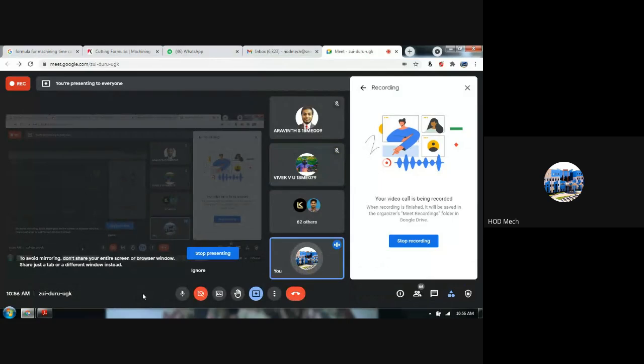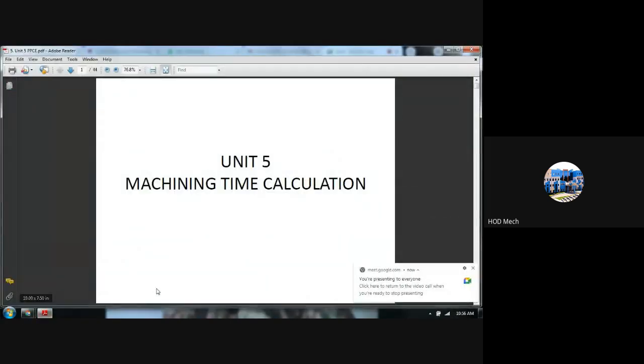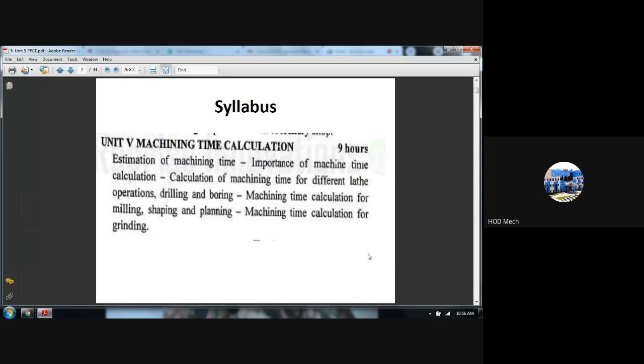Good morning, students. Welcome to another session of CPCE. Today we are going to start the fifth unit, and today is the first session of your fifth unit. And the fifth module talks about machining time calculation. And in the syllabus, when you look at it, it has the following content that you are seeing in the slide: